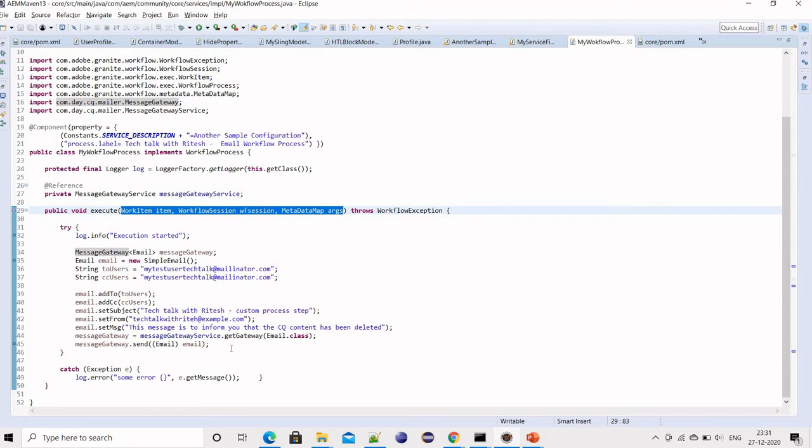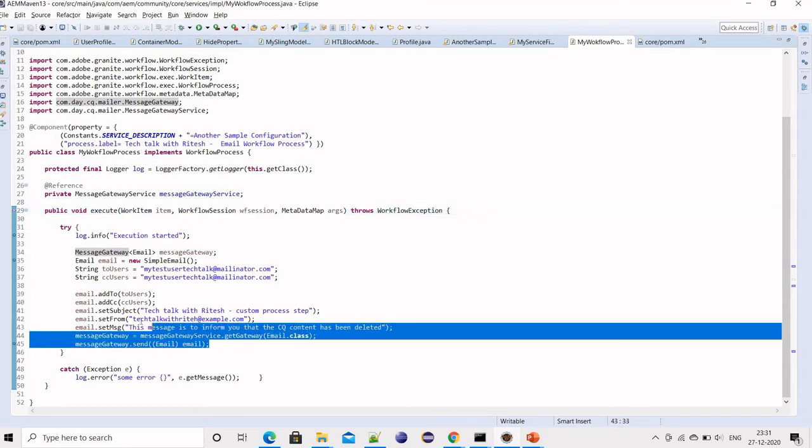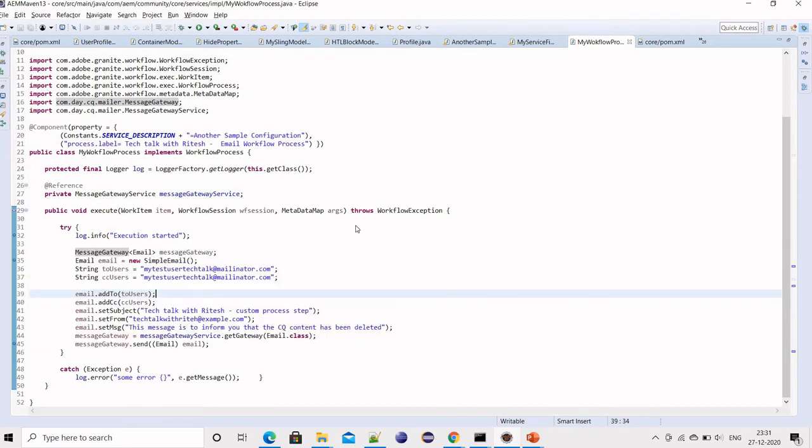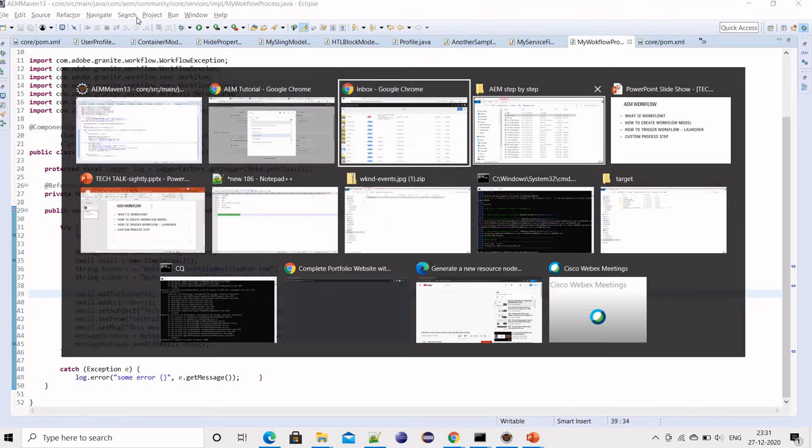And I have configured an SMTP mail server. Maybe I can talk about it: how can we configure an SMTP mail server? Let me go here.